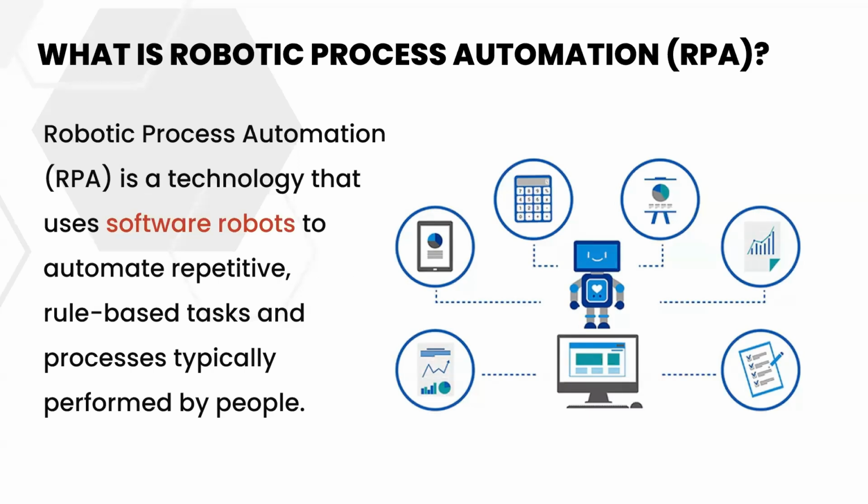So, I think a good definition is that RPA is a technology that uses basically what we call software bots or robots to automate repetitive, what we would say is rule-based tasks. In other words, there's a certain criteria, certain parameters that go into that task. That's what I mean by rule-based. There are certain parameters there and processes that are typically performed by human beings, right? By people. So these bots, as we call them, they're going to interact with any of your systems, your applications, just like any of us would, any human would, and they'll be executing those tasks with, again, a high level